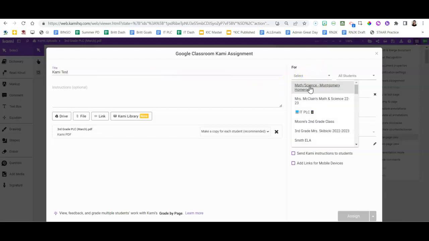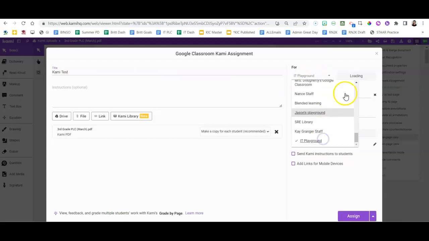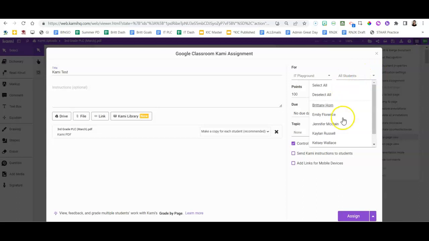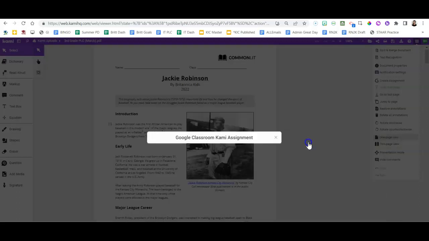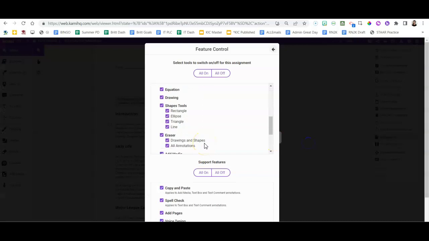You're going to choose your class. And then you can go ahead and choose select students. So maybe if this is just those that have the read aloud, or you can choose the entire class. I'm going to click Control Features, and this is going to allow me to turn on and off tools based on the assignment. If you're wanting to replicate that STAR testing environment, you're probably going to turn on your Select tool,